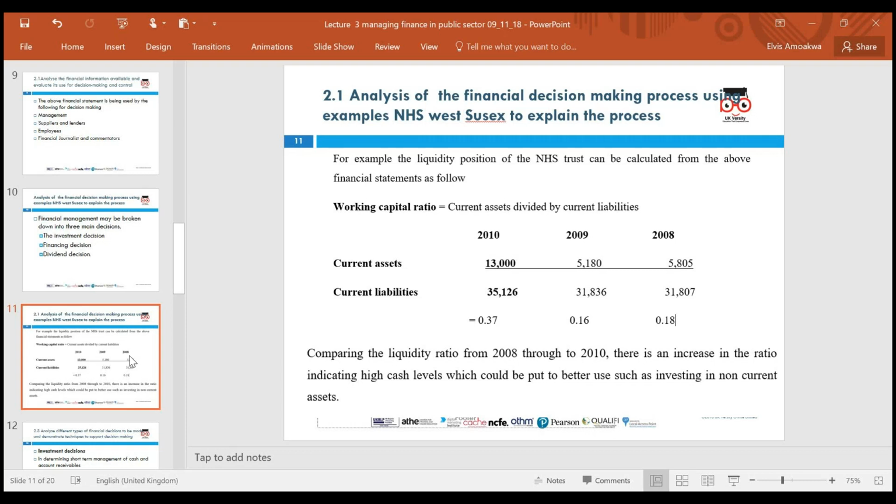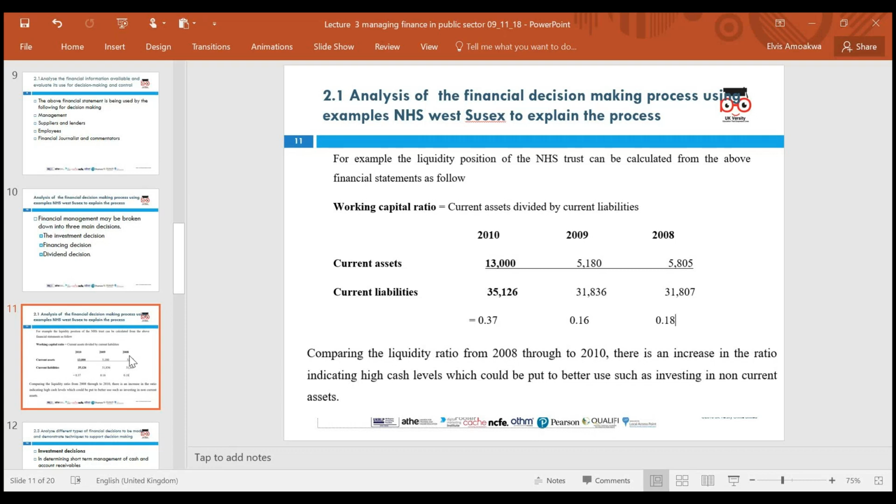If I'm a bank, I can lend them money because I'm confident that my money will not go to waste. And if I'm a manager of an NHS Trust, I can see that the financial position of the trust is very sound, and therefore, if we want to do more investment, we can invest. So I've taken this snapshot from the balance sheet